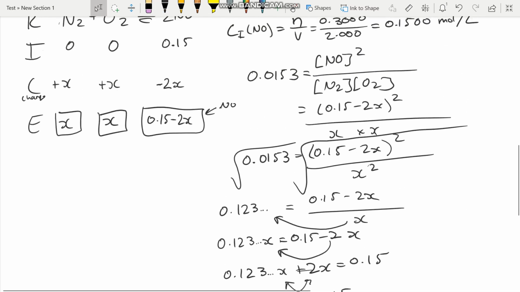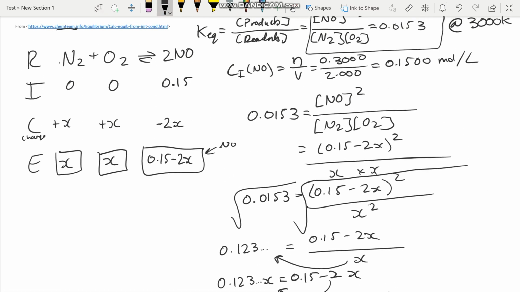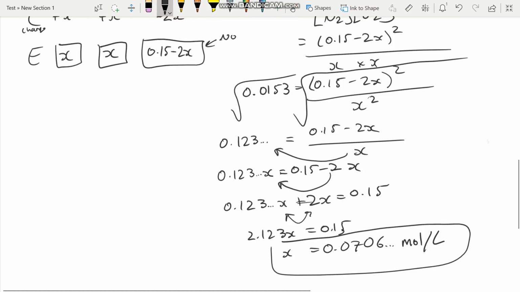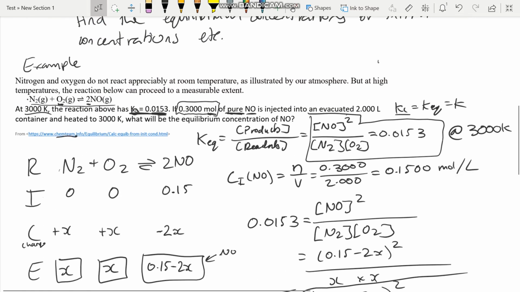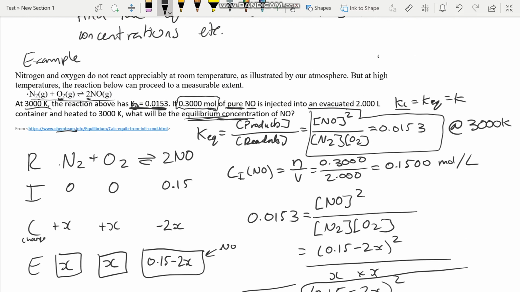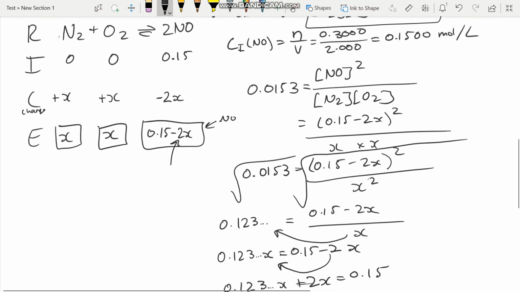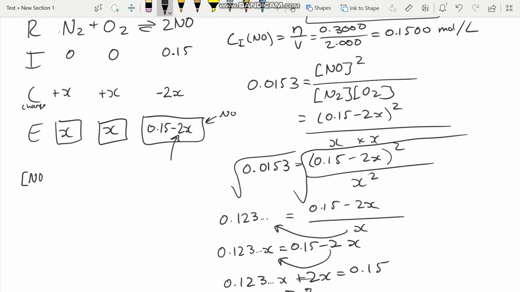And x represents a concentration, okay? It represents the change in concentration, and then we can use it to represent the equilibrium concentration, which means our units down here should be moles per litre. Okay, so we've solved for x. The question wanted us to find the equilibrium concentration of NO, which is this one. So concentration of NO